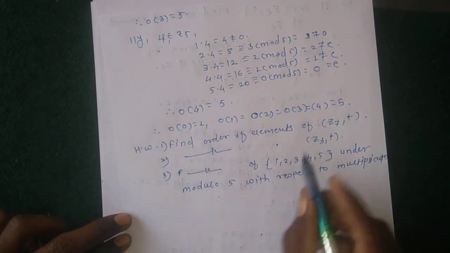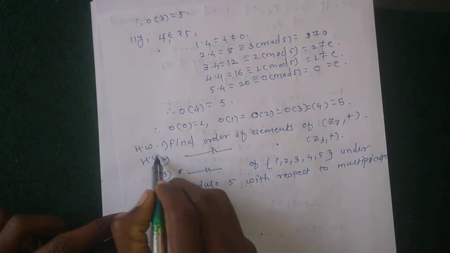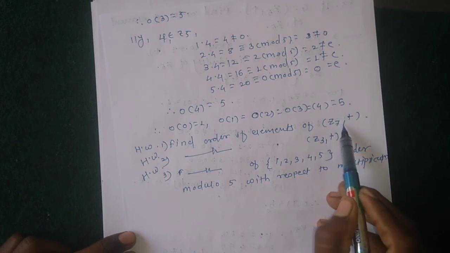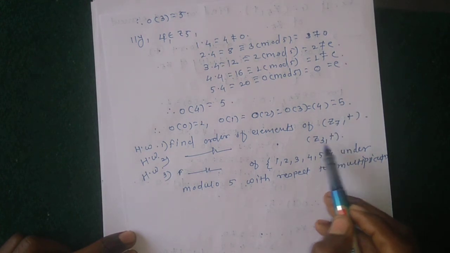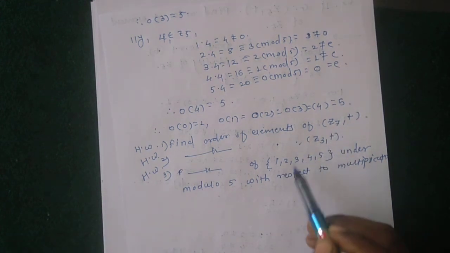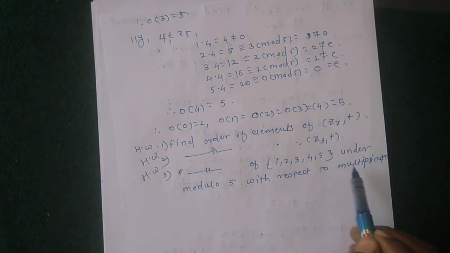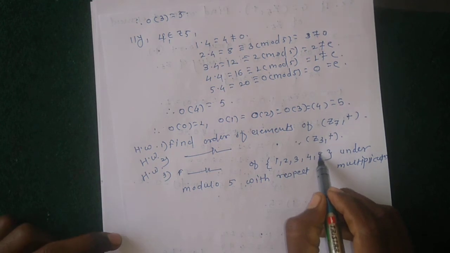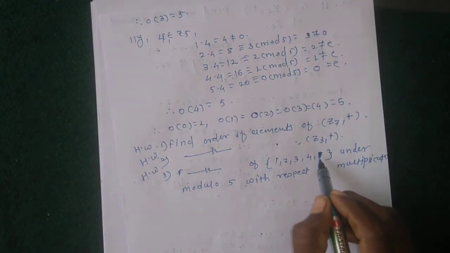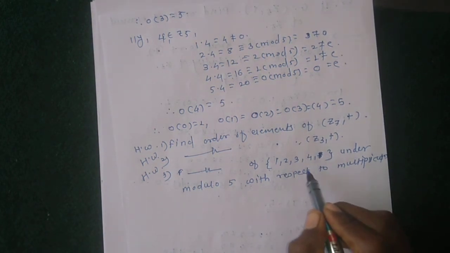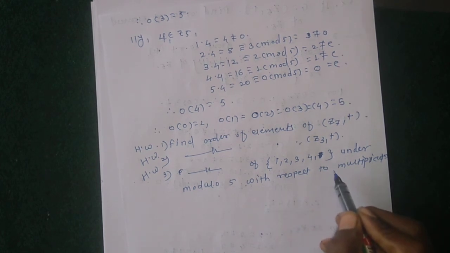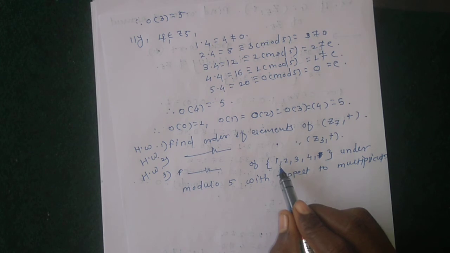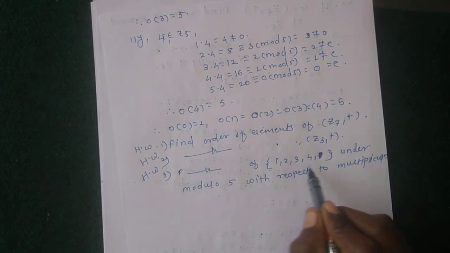Okay, solve this, three examples in homework here. But Z5 has identity 0, Z3 also has identity 0. But here the given group is a group with respect to multiplication under modulo 5. This is the set of elements 1, 2, 3, 4. This is a group with respect to multiplication under modulo 5, and the identity element is 1, and for the other elements